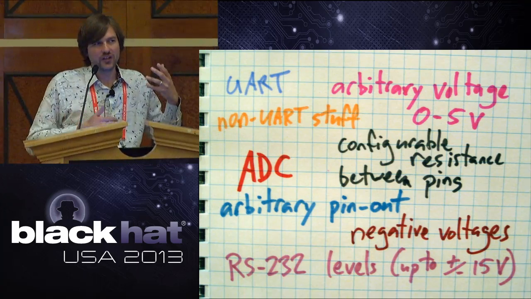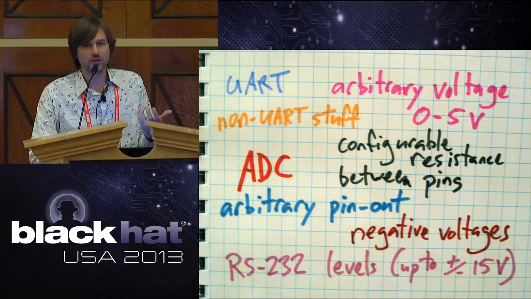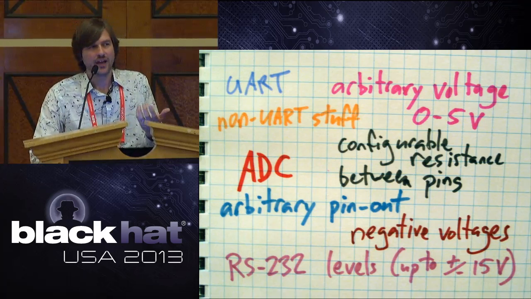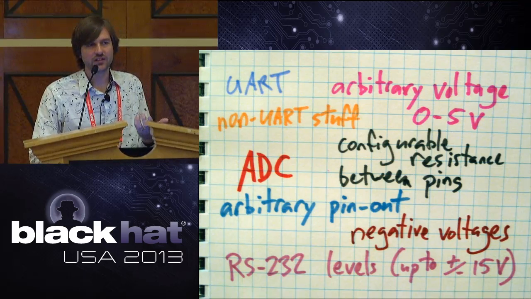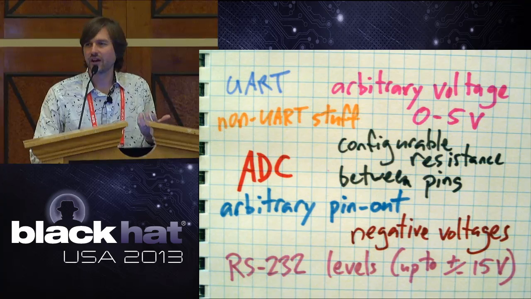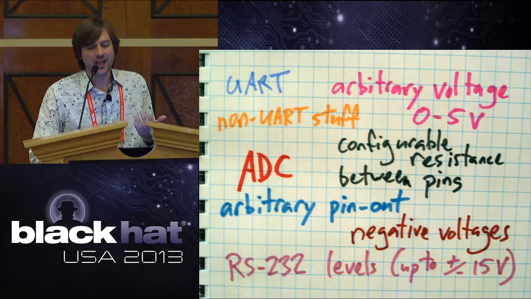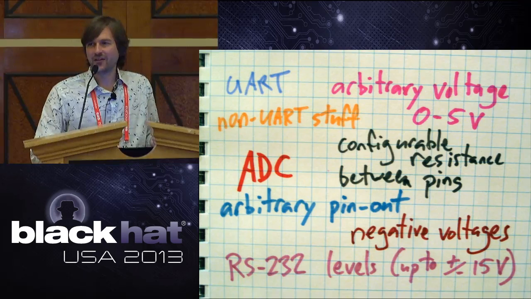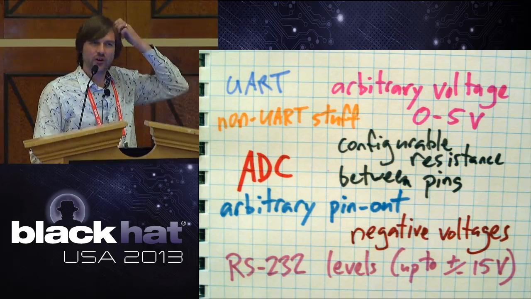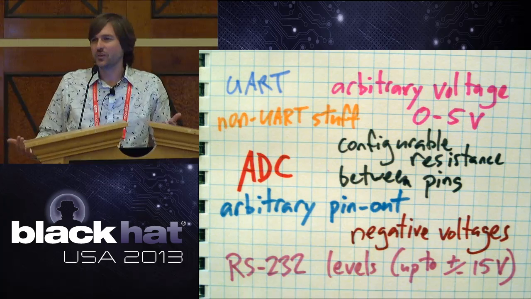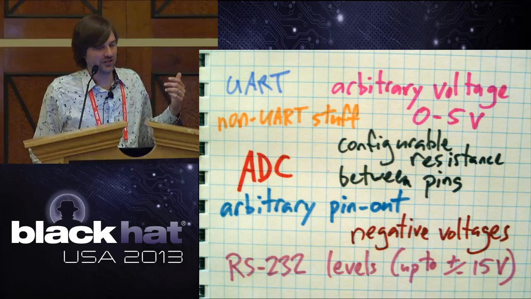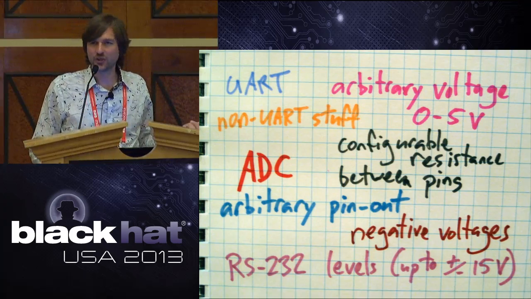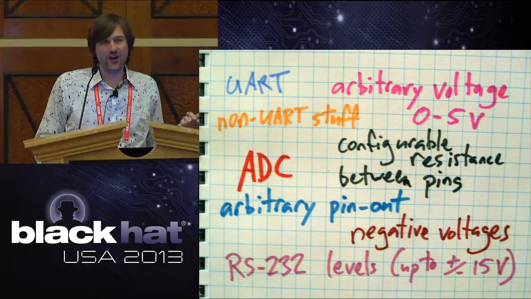And now I have a universal serial adapter that can talk RS-232 or UART or TTL UART with any voltage level I want, and with arbitrary pinout. This all seemed really cool, but it made the project become ridiculous and complicated. And I just finally soldered this board together last week, and it doesn't work. So,